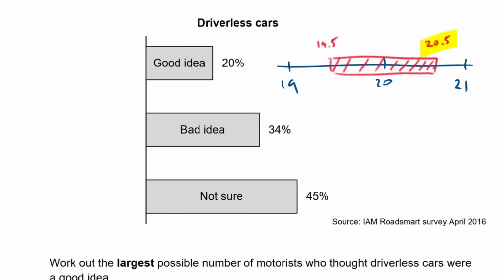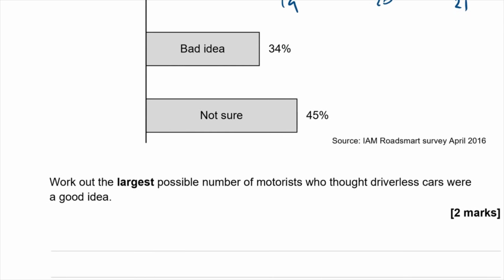Now obviously 20.5 you round up to the next value up, 21, but it still is the boundary and is still the one we calculate with. So largest possible is going to be 1,000 times by 20.5%, which is